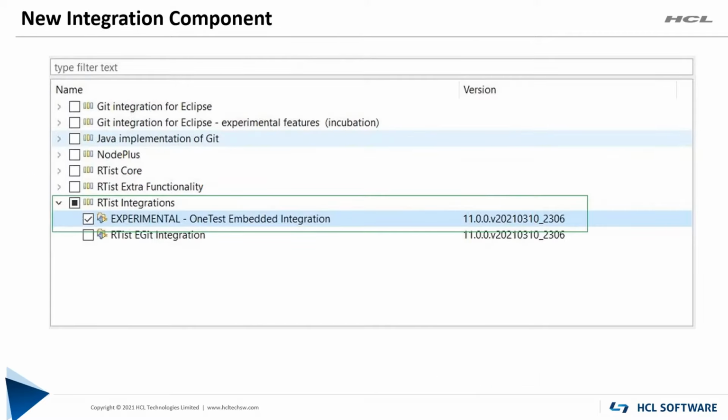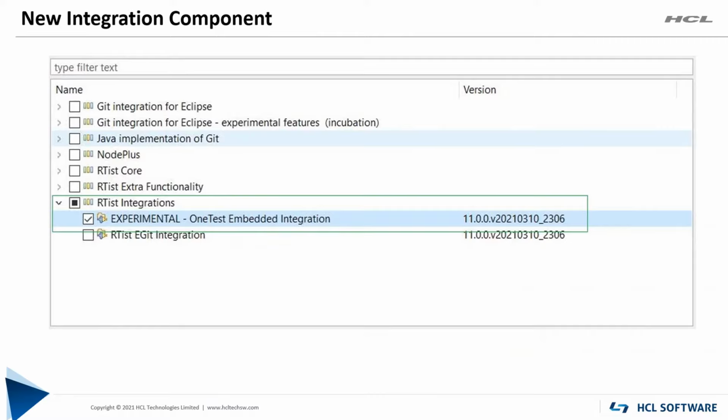As a part of this integration, HCL Artist will now get a new integration component under integrations. It is an experimental feature now. This particular integration feature will install only Artist specific integration components.